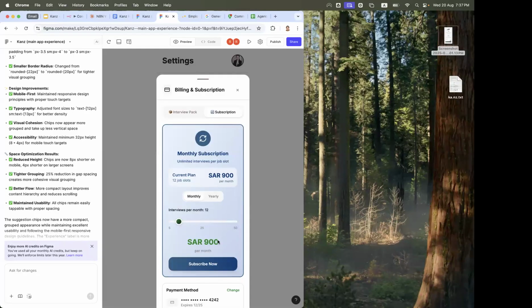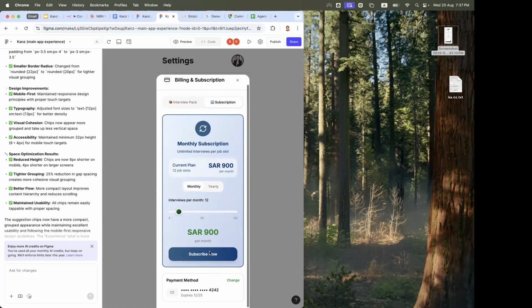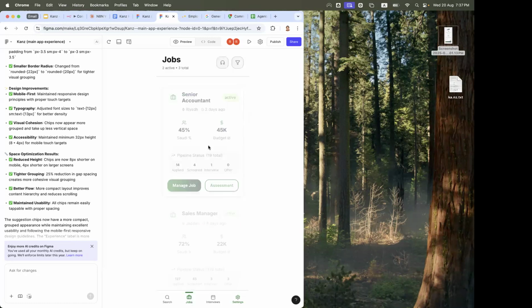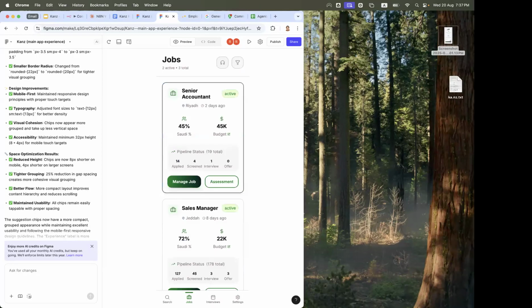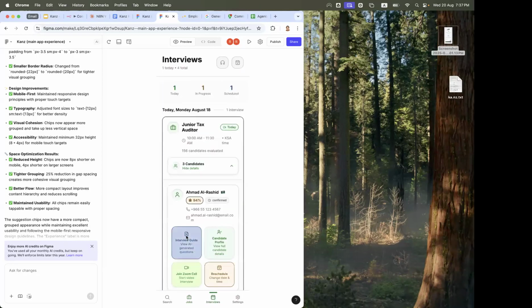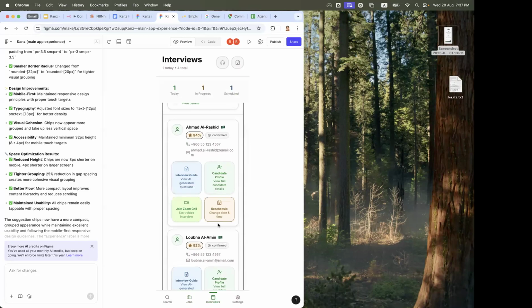So we are using this and building it into a commercial product. So it's not a theoretical exercise. And this goes back to one of the earlier questions of what is it that we can do? ChatGPT can now build agents. But you're connecting it to your database here. So when you exit this and then you go into jobs and then you see how many candidates have applied or who you're going to meet, Ahmed Rashid, then this is connecting to your database. And this goes back to what Salam was saying.